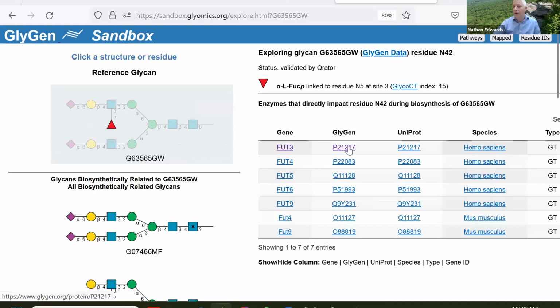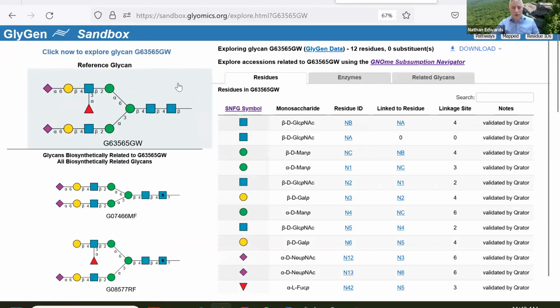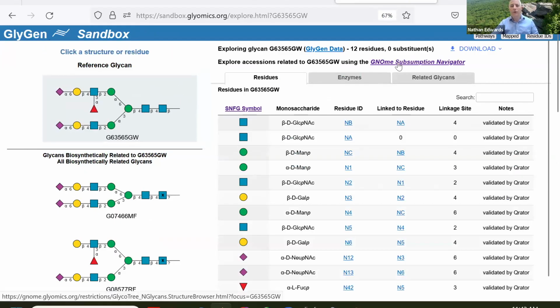We can then navigate to GlyGen or to UniProt to understand more about that gene and how it is involved with the pathways for constructing glycans like this. We can jump either directly back into GlyGen with this GlyGen data link, or we can click over into the GNOme Subsumption browser in order to figure out perhaps